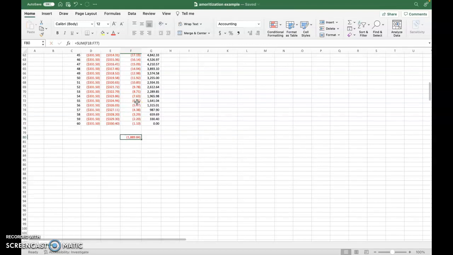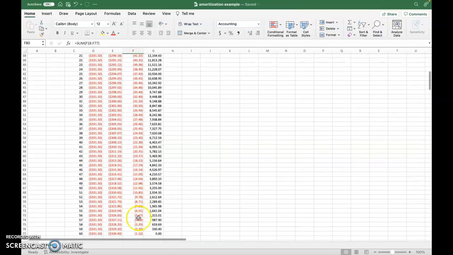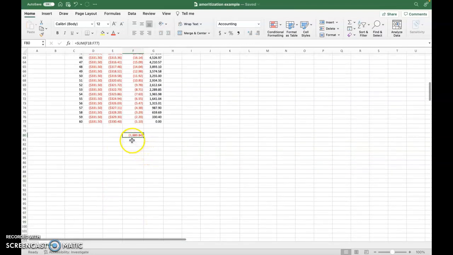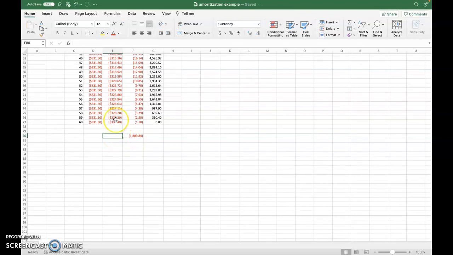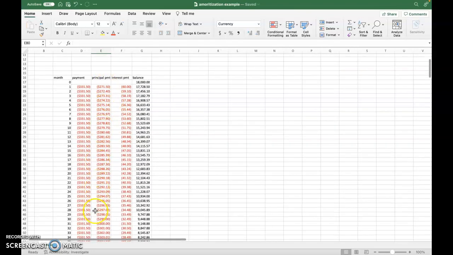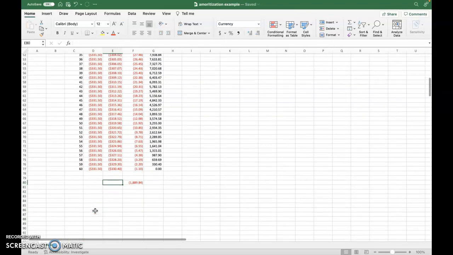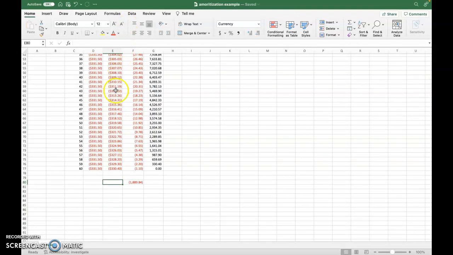That is my total that I paid in interest. So that's a lot of interest to pay. We paid almost $2,000 just in interest. Well, what if I want to total up my principal? What should that total? Everybody should know what that should total, right? So I'm going to click our total towards the principal should come out to the $18,000. So let's check that. I'm going to click equal,